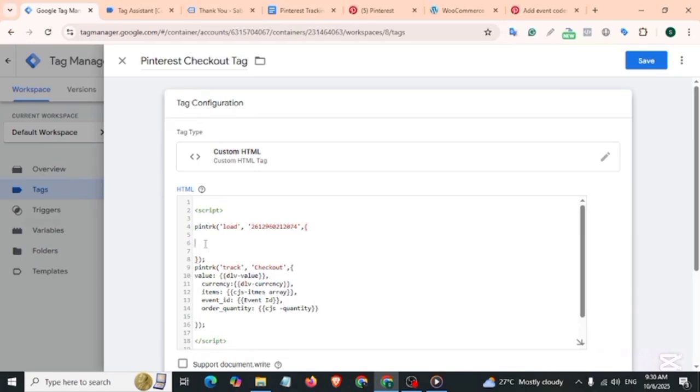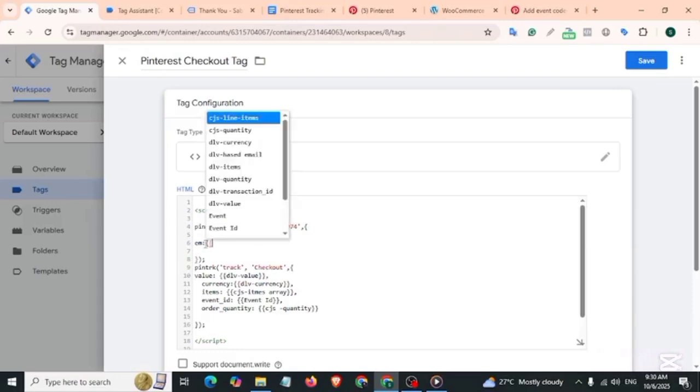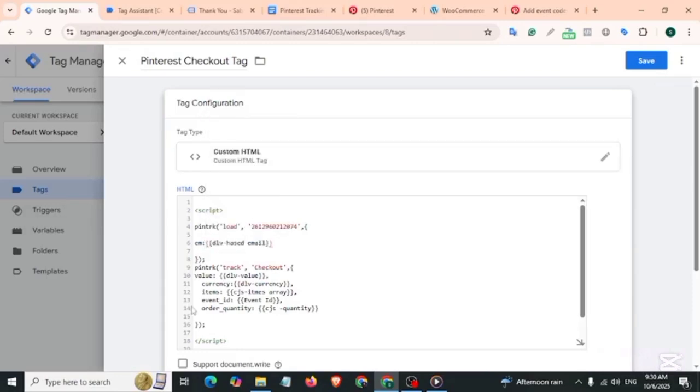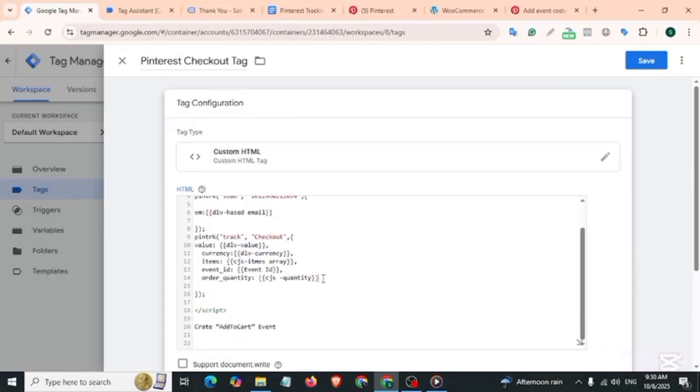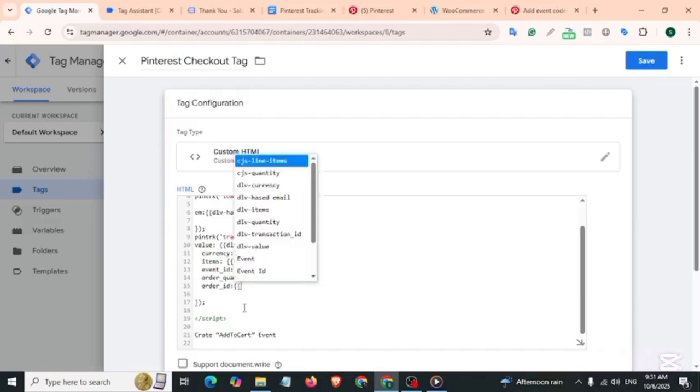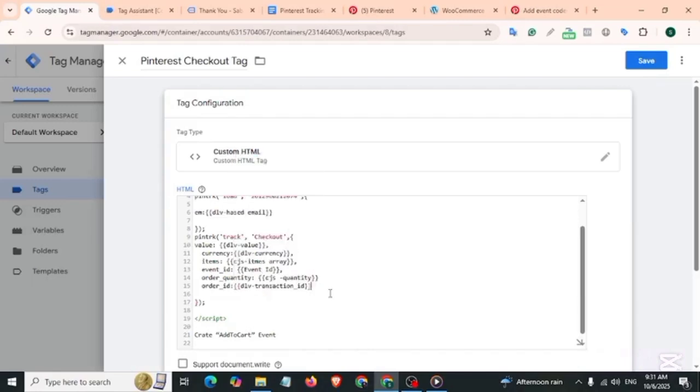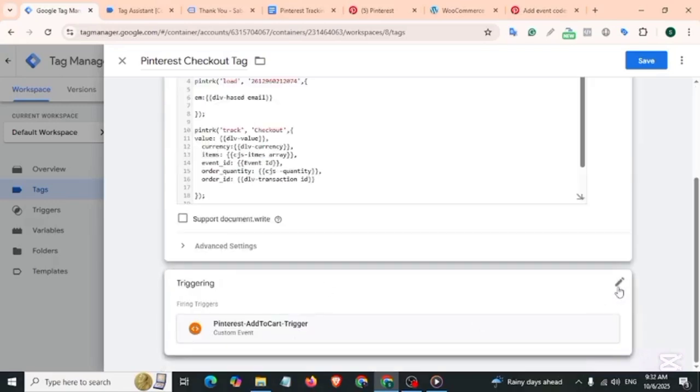For email it should be em in lowercase, then colon, then call our hashed email variable, then add order ID, then colon, and call our transaction ID, meaning order ID, variable, and give a comma here. Then triggering,